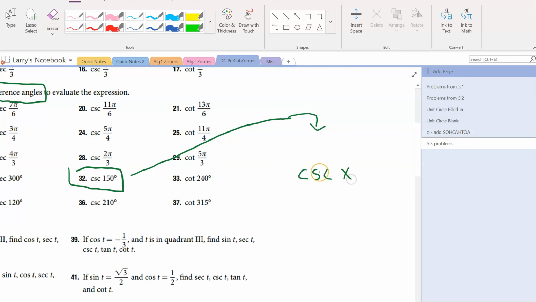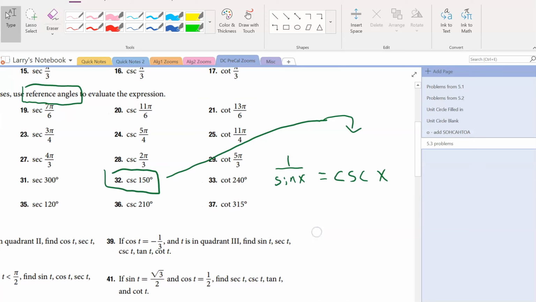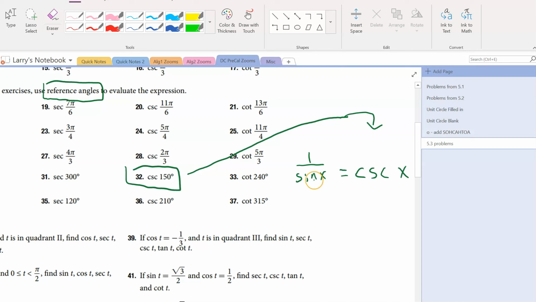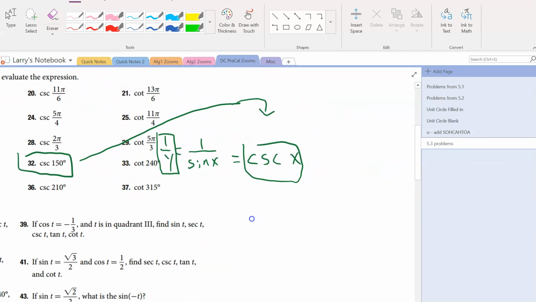cosecant of x, the reciprocal function to cosecant is sine. 1 over sine is cosecant. And we know on the unit circle, sine of some angle is the y value, the y coordinate. So 1 over sine becomes 1 over y. Cosecant will be 1 over the y coordinate. Thus, in our particular case, cosecant of 150,